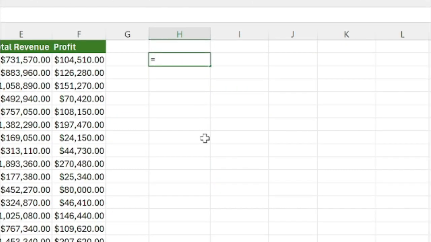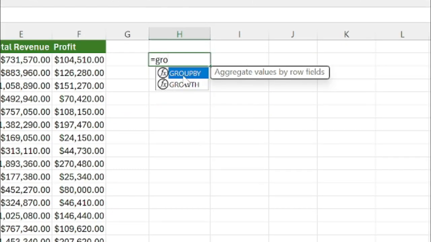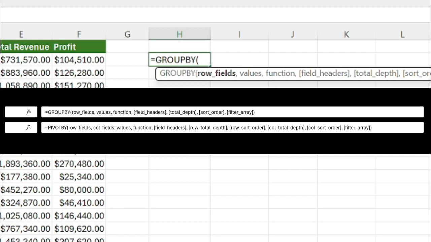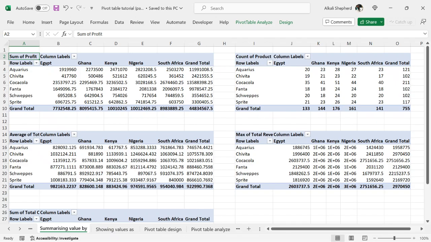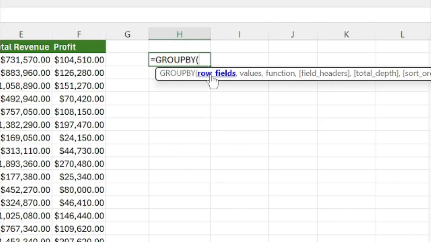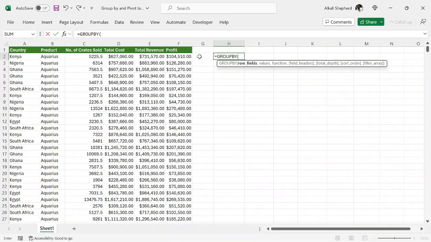And again, there are new functions in Microsoft Excel. These functions are the PivotBy and GroupBy functions. Basically, they help us group and aggregate data just like the traditional pivot table, but they actually possess certain advantages over the traditional pivot table, making some individuals believe that these functions will most likely replace the traditional pivot table